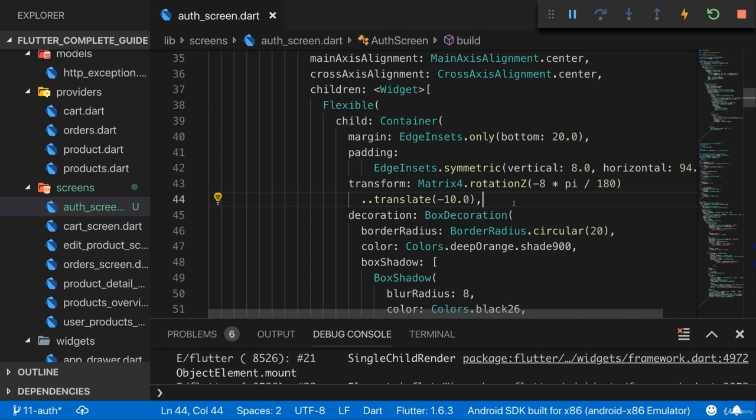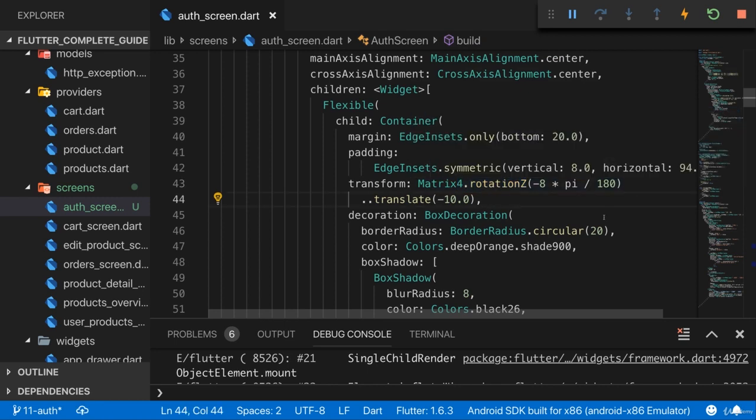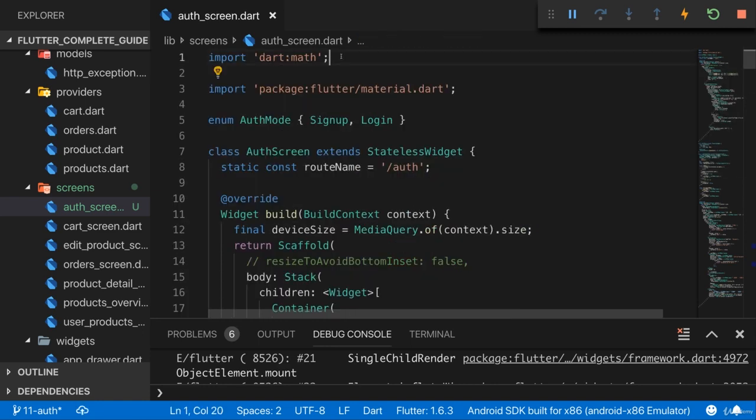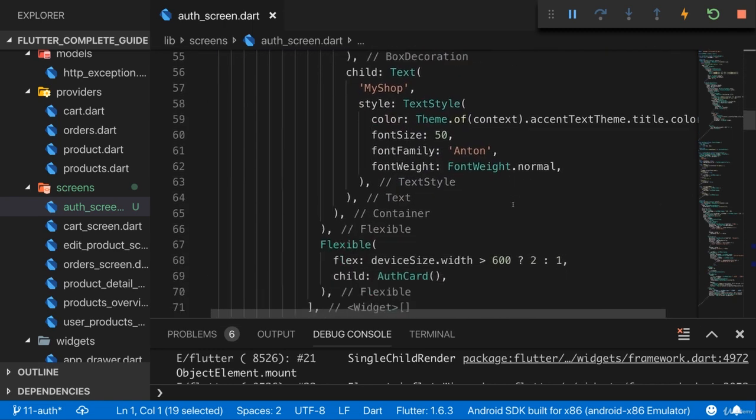So it's a big bundle of information that contains information about how to position and change, transform that container. Now to configure that, I use the rotationZ constructor here, which constructs a new Matrix4 object, as you can see here. And this object has a certain rotation. Here I use pi, and pi is provided by the Dart Math package, which is the number pi, 3.14, and so on.